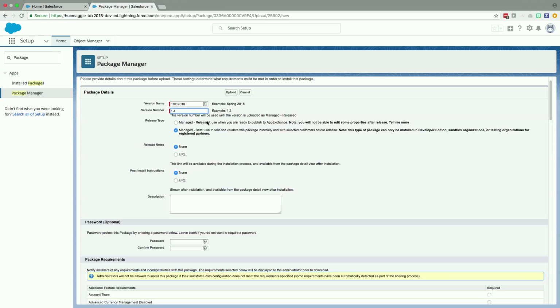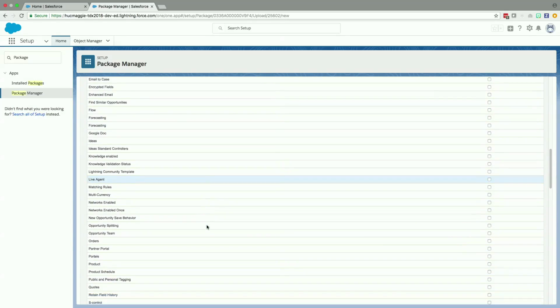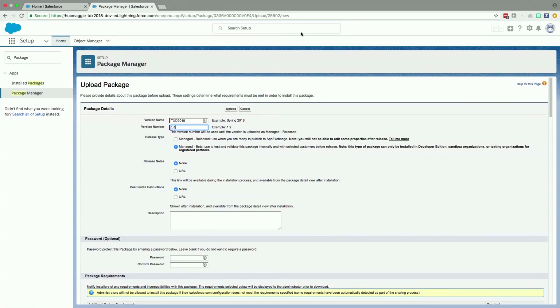You could add release notes as well as the post-install instructions along with that, with the upload. You could password protect your package. And there are some other additional requirements that you could add to your managed package as well. So with that, if I go ahead and click on upload,